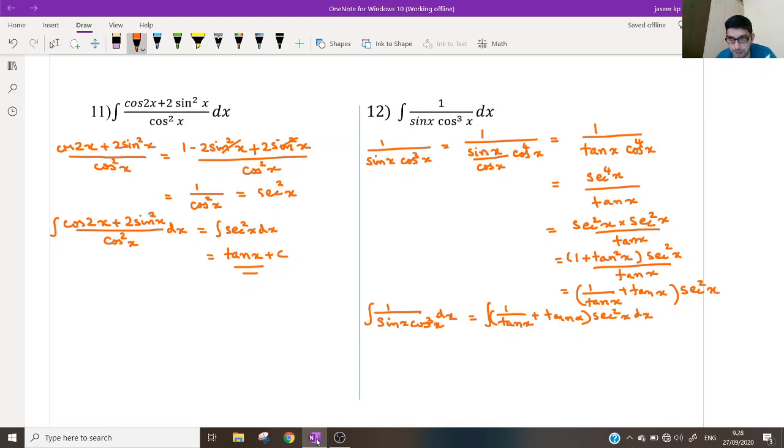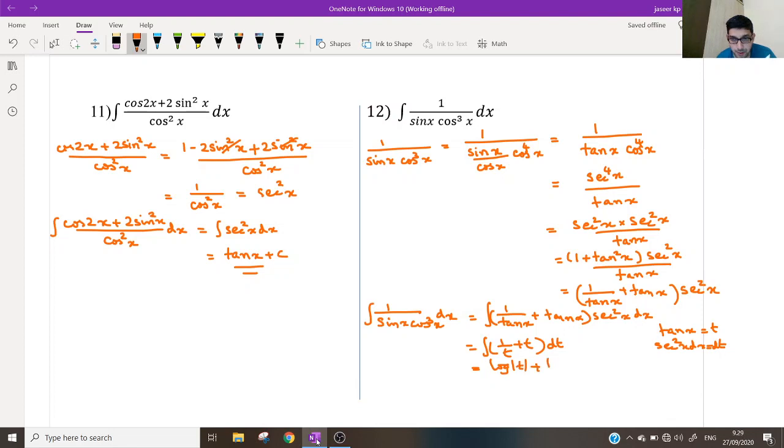So this can be integrated by putting tan x as t. So tan x as t means secant square x dx will become dt. So this will become 1 by t plus t dt. Now term by term if we integrate it will become log t